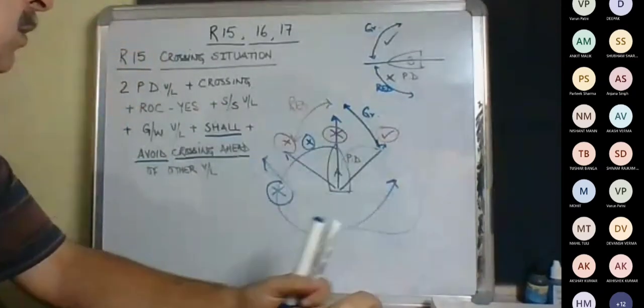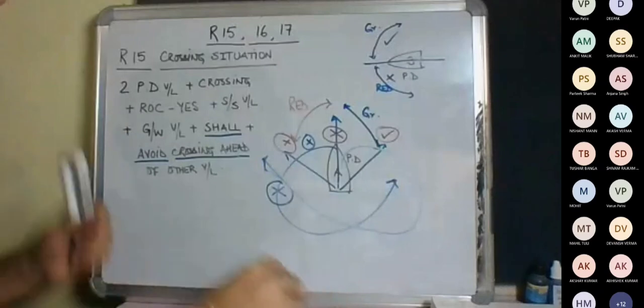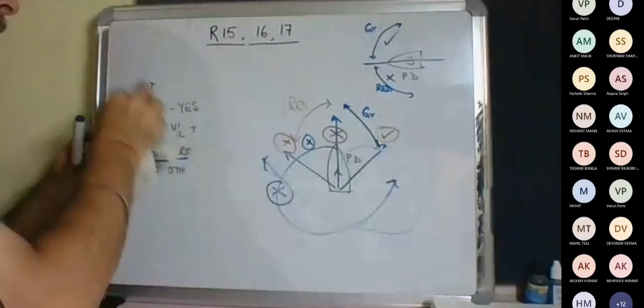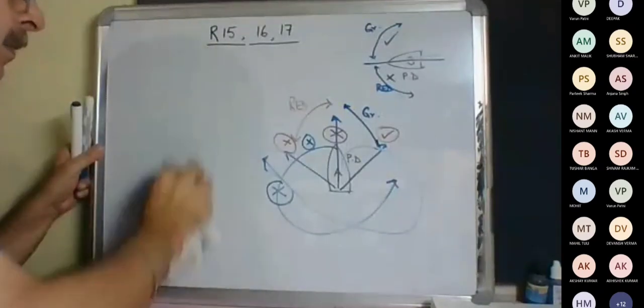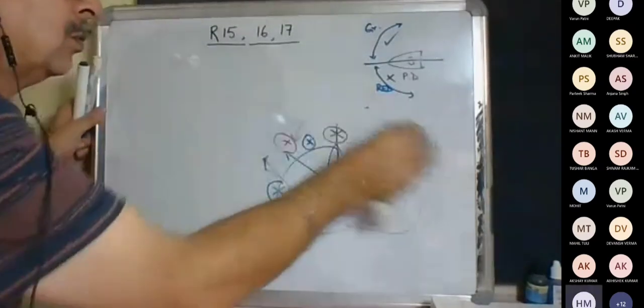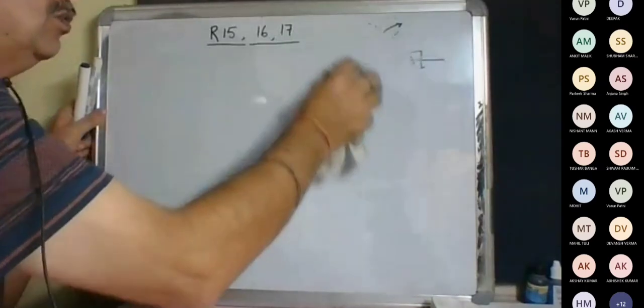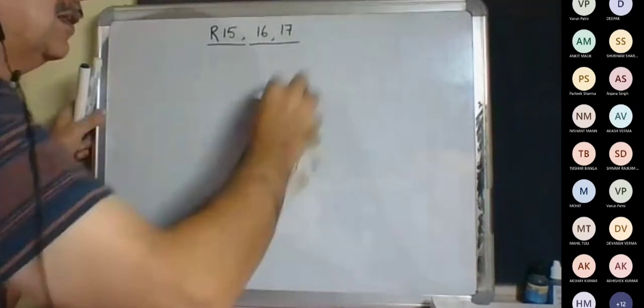How do you decide this thing? How do you decide whether risk of collision exists? I'm asking, sir. So by checking bearing. By checking the bearing. So you will first take